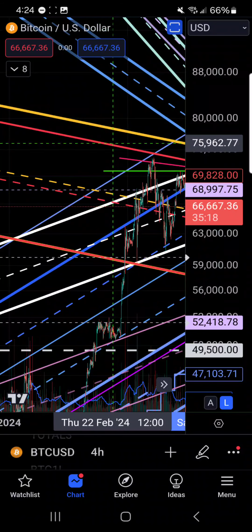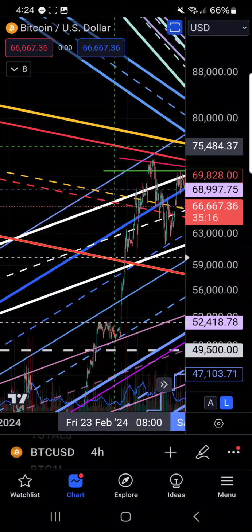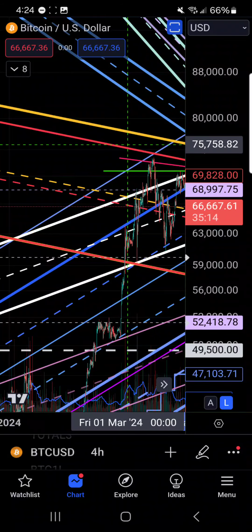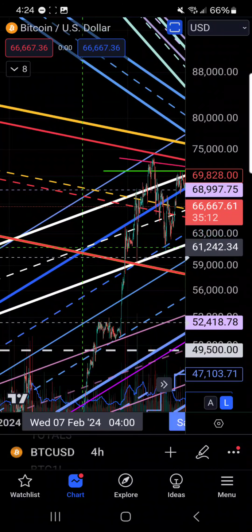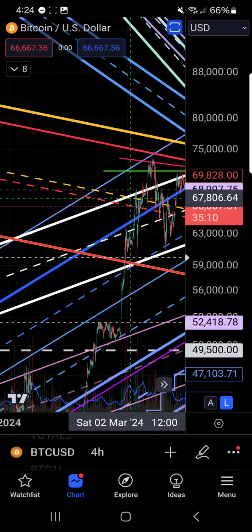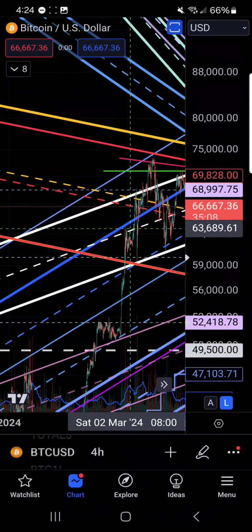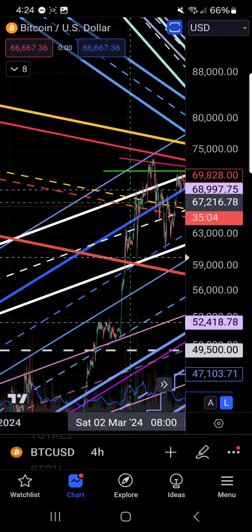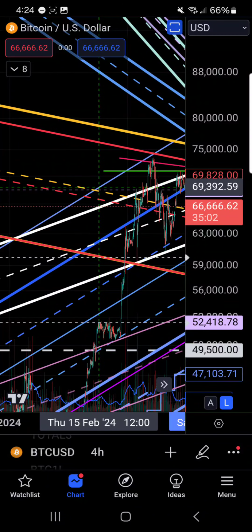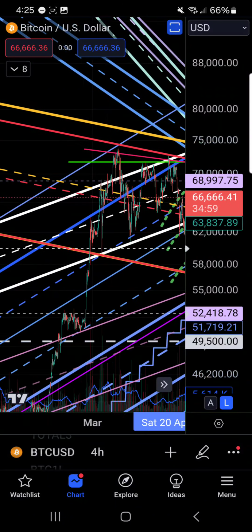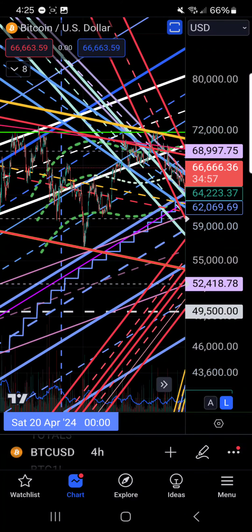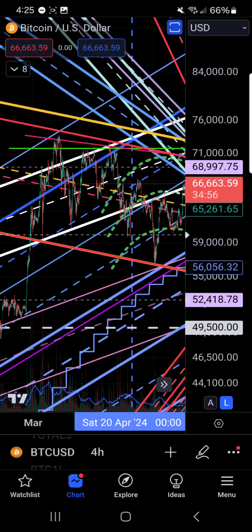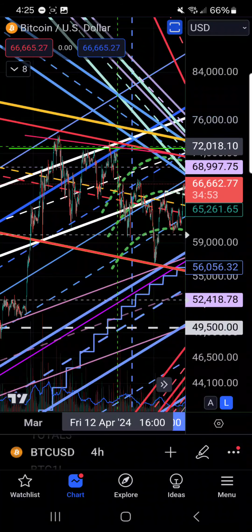There is also this red channel that I've superimposed on top of the orange channel. So we have this set of channels, the red one and the orange one, and they both depict this bull flag. The red one gets this high here,